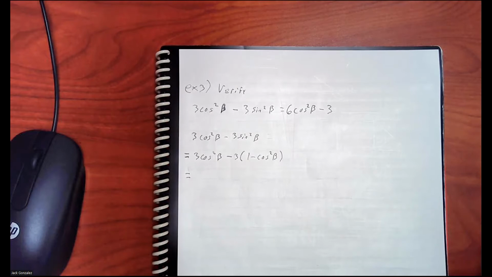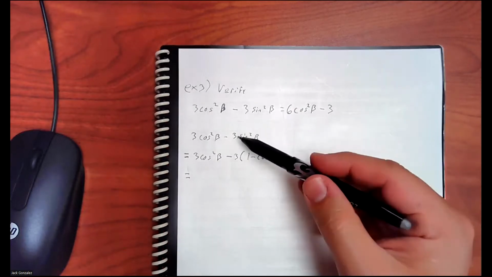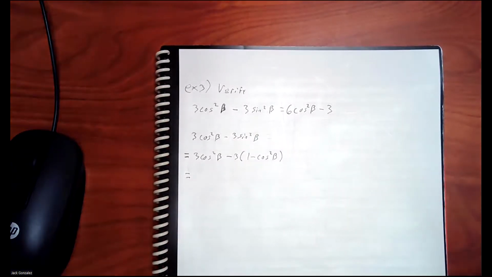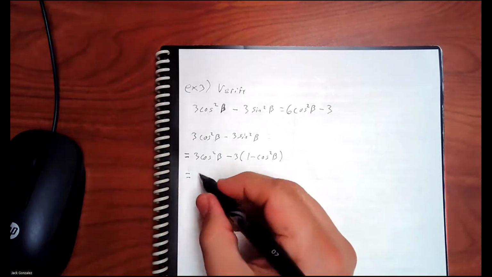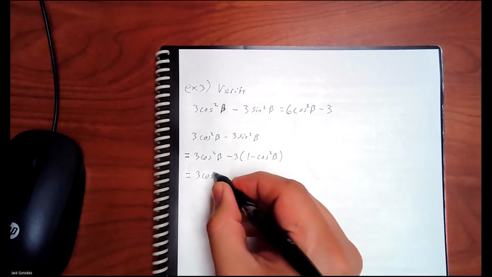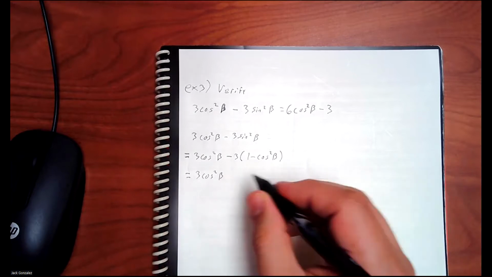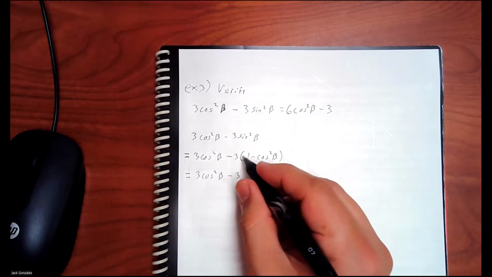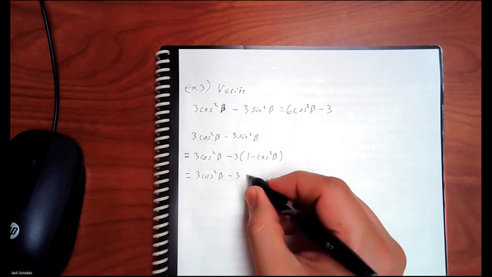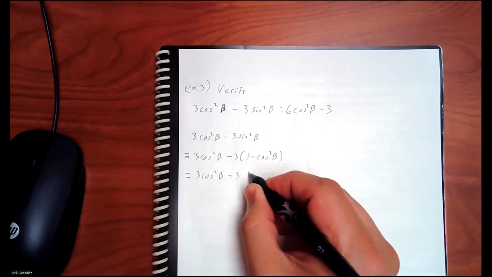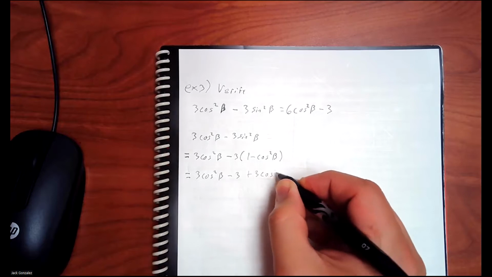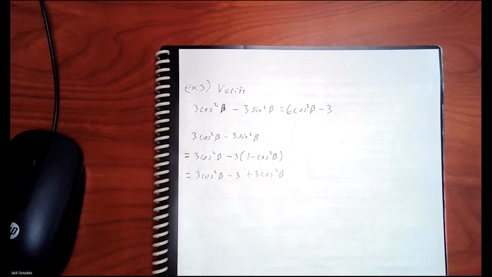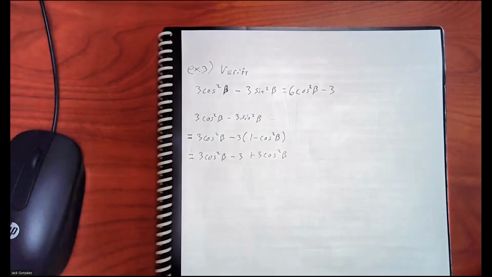Right? That minus 3 is right there, so I'm going to have to distribute the minus 3. I mean, minus 3 times 1, minus 3 times that guy. So that'll become a plus 3. Right? Now,